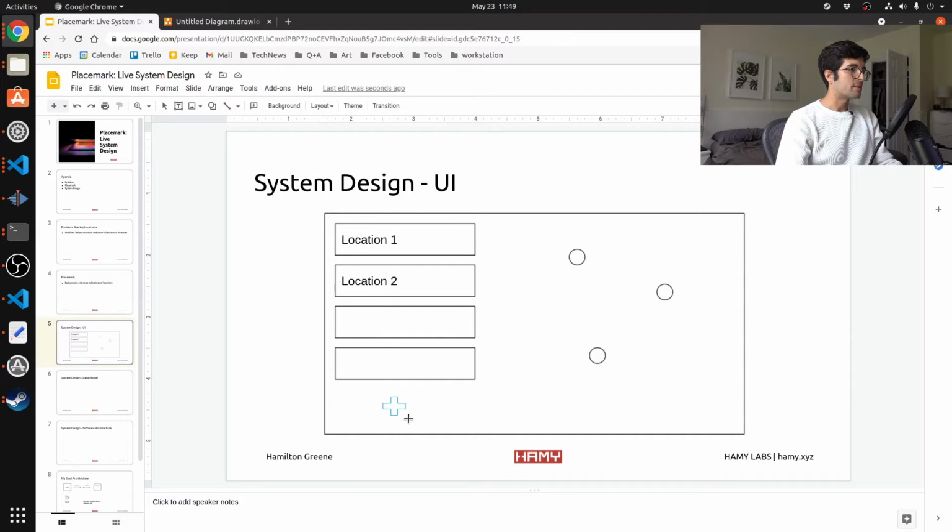It probably won't look like this, but yeah, you can add something at the end. Okay, I think that's probably good for the base UI. We have a list of locations here that are part of this Placemark or this collection. You can click on it, it does stuff, and then that's it. So